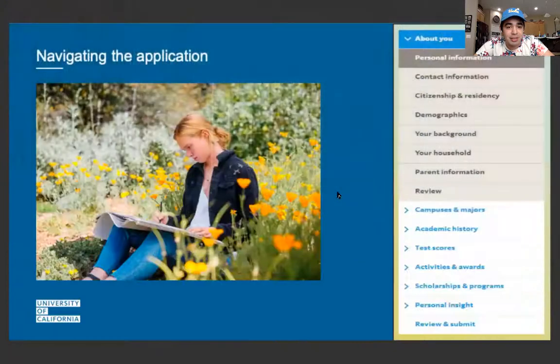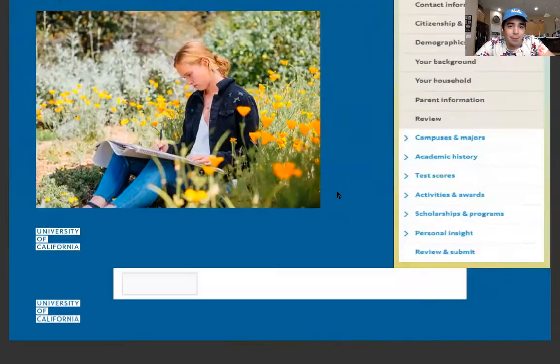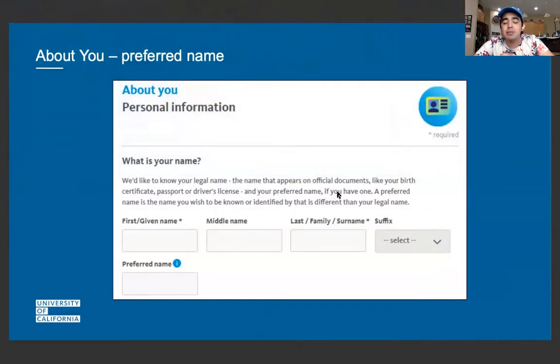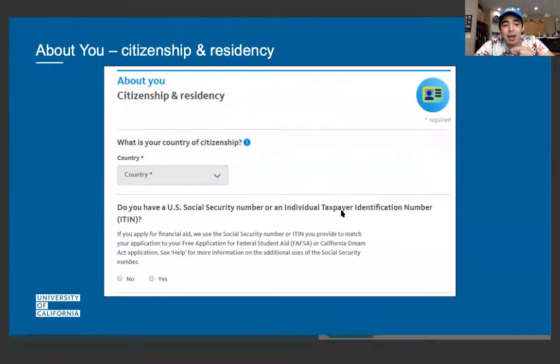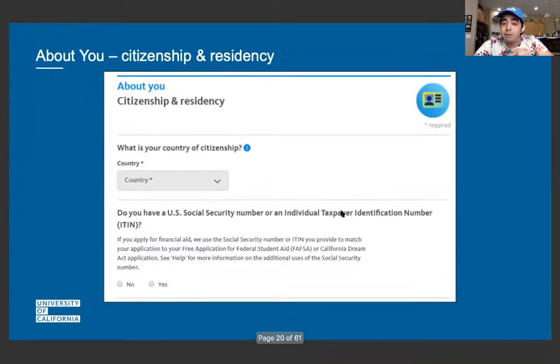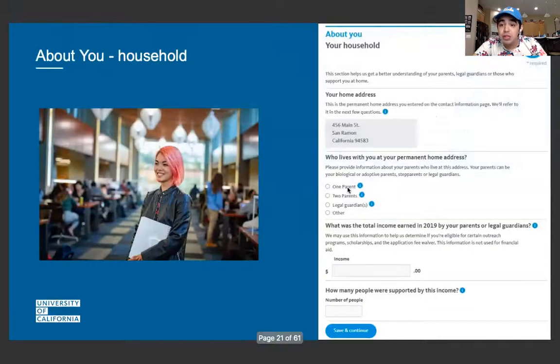Amazing pictures. Navigating the portals. There's a lot of different tabs, a lot of different things, and I'm going to go through that right now. Your preferred name, what you would like to be called, what is the name on your driver's license, all that is right there. Make sure it's done precisely. Citizenship and residency is very, very big. If you are in California, you have to pay a different type of tuition. If you're not in California, it's another type of tuition. And they want to make sure you're a U.S. citizen. And if you're not, you go through the appropriate steps of showing citizenship and coming into the University of California. And you do need your social security number.